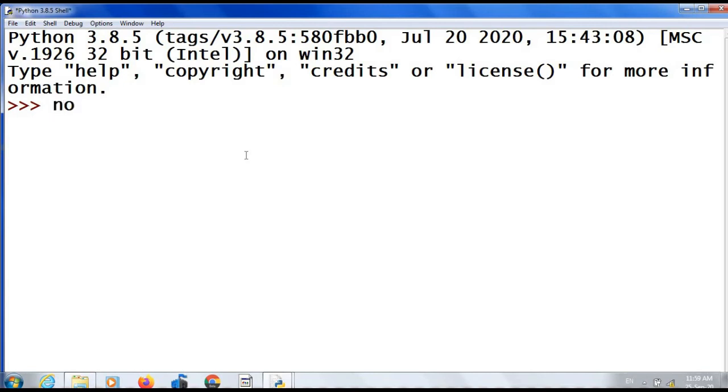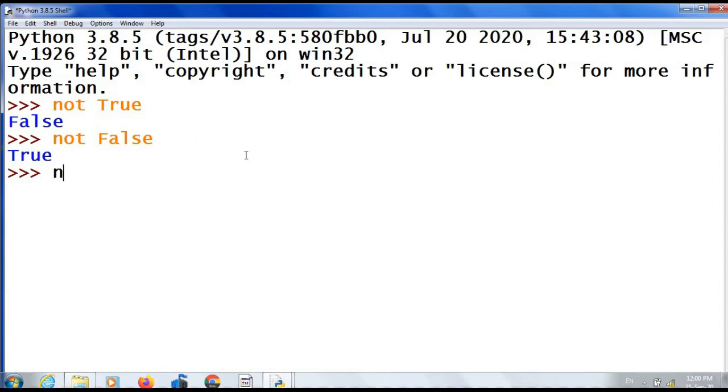First one, not true. It is false. Not false. It is true. That is, the not operator reverses or negates the value of the operand. And also this not operator is a unary operator because it works on a single operand.